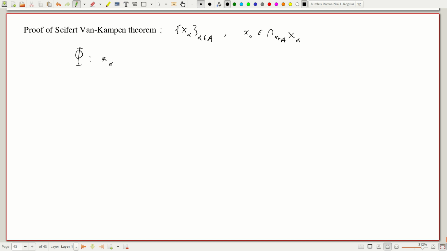which maps the free product over all alpha in A of the fundamental groups of X_alpha with X0 as base point into pi_1 of X, with base point X0. And the first thing we showed is that this is surjective. Okay. And we also had N contained in the domain of phi. This is the normal subgroup